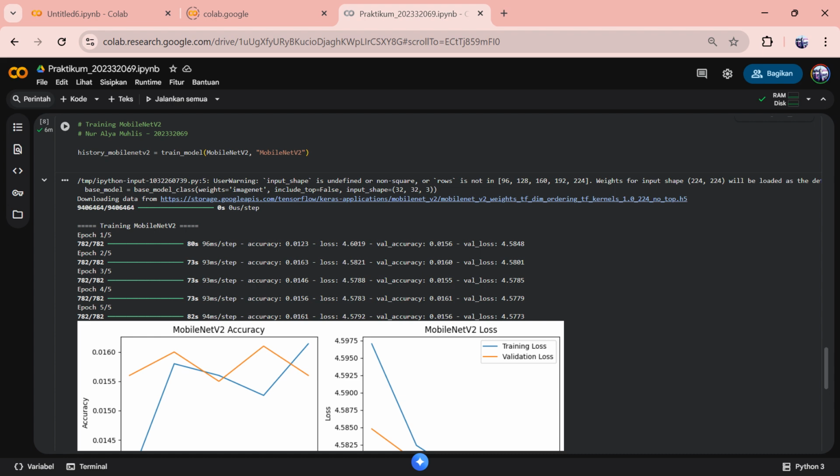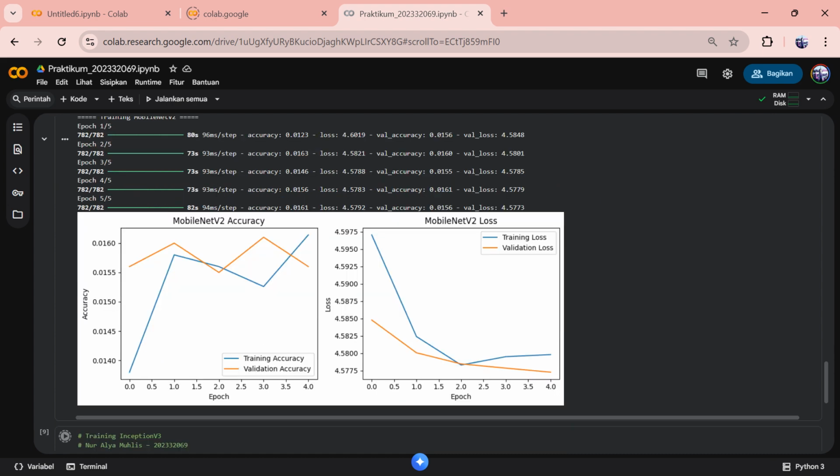Cell 8 was for Inception v3, which had a specific problem. It cannot accept input smaller than 75 by 75, which caused an error in my first attempt.